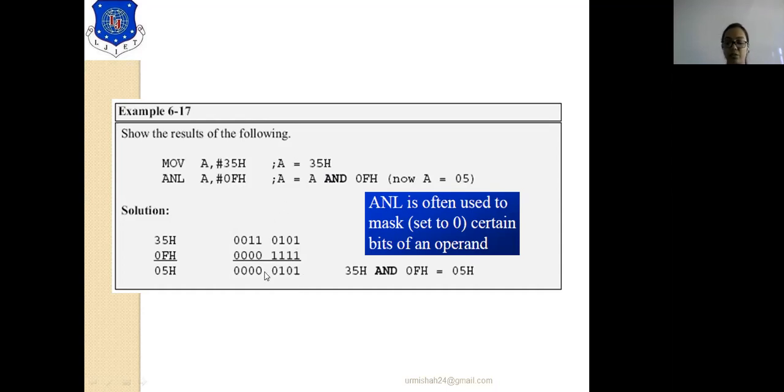If you have two operands A and B, in terms of binary numbers, 0 into 0 gives 0, 0 into 1 gives 0, 1 into 0 gives 0 and 1 into 1 is equal to 1. This way you will perform the AND operation between the two data, and the final result will be saved in the accumulator register.